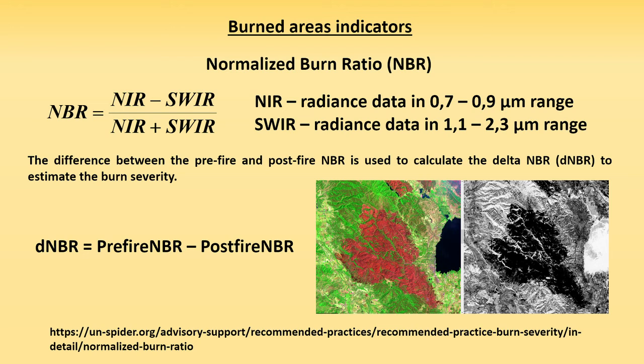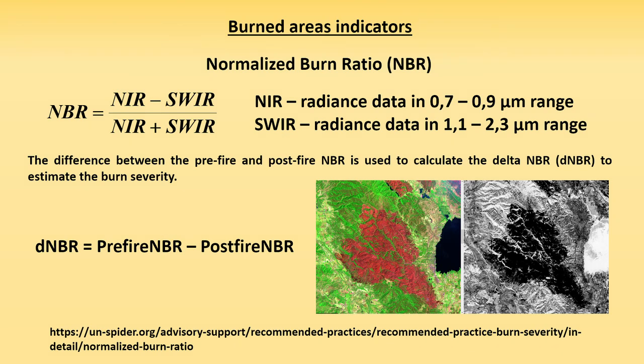Burned areas demonstrate low reflectance in the near-infrared band and high reflectance in the SWIR band. Low NBR values can be related to the absence of vegetation in particular areas, and for this reason NBR itself doesn't represent burned areas. For this purpose, we need to evaluate the difference between pre-fire and post-fire NBR to detect and delineate